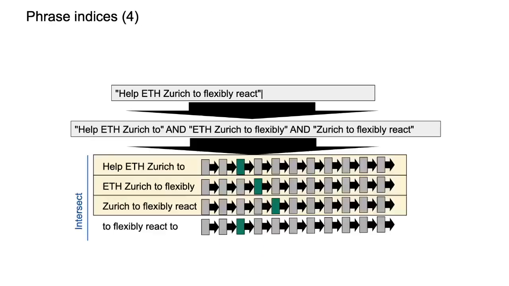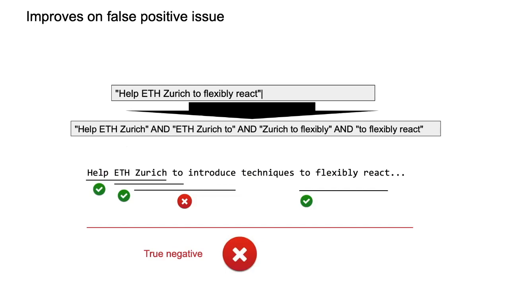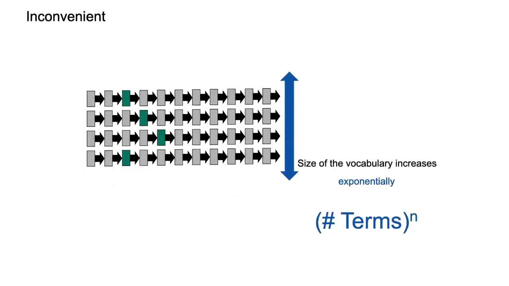Here I want to show that now it's a true negative. If you do it with 3 by 3, now this document will no longer be returned, right? So we solved this false positive, but you might have other false positives that are trickier, just a bit fewer of them. Okay.